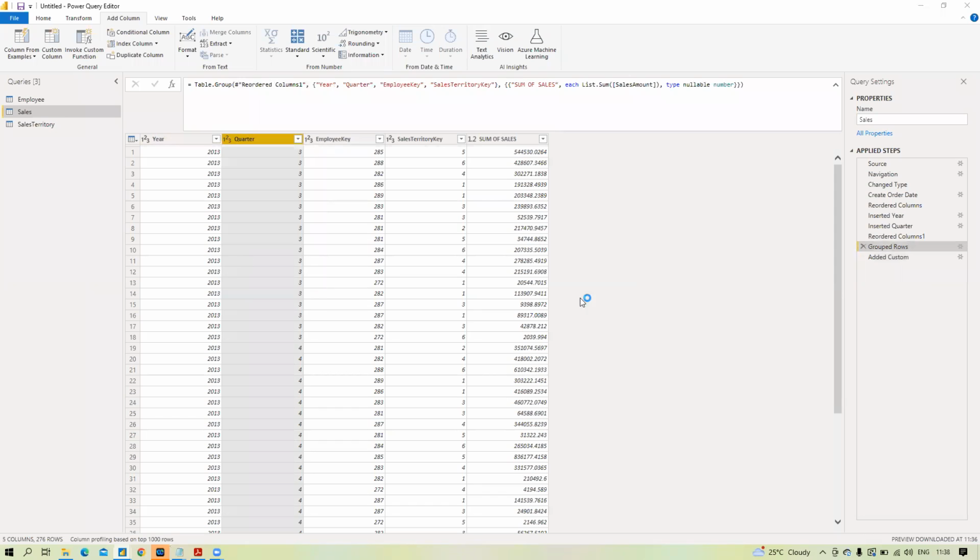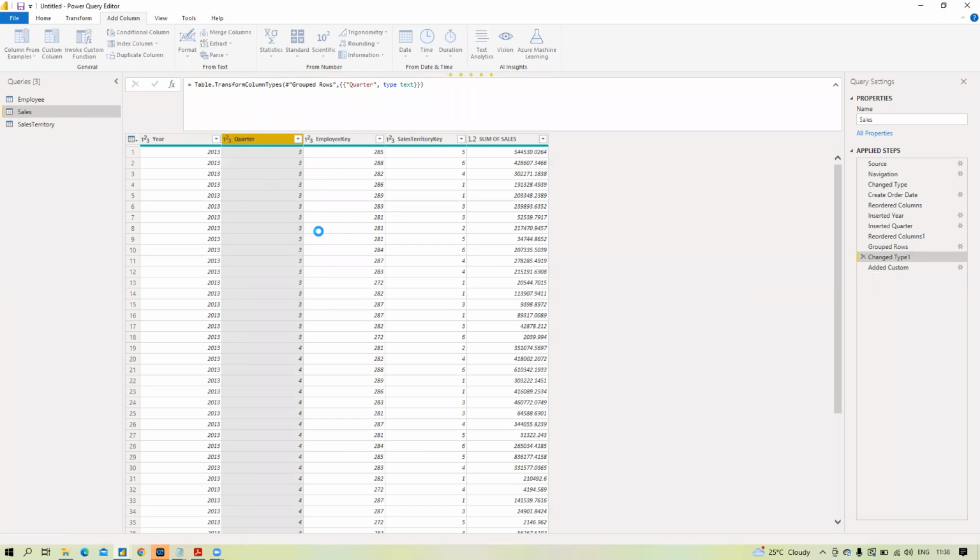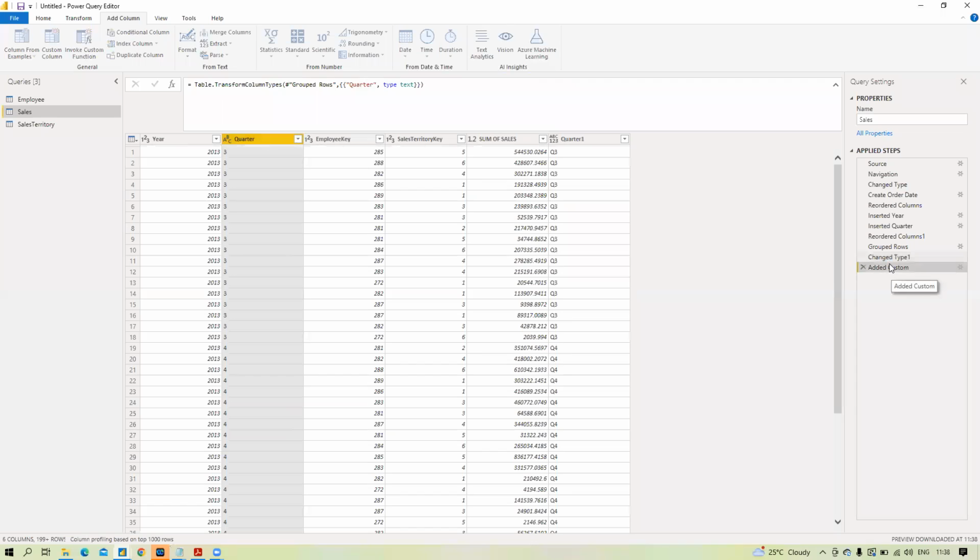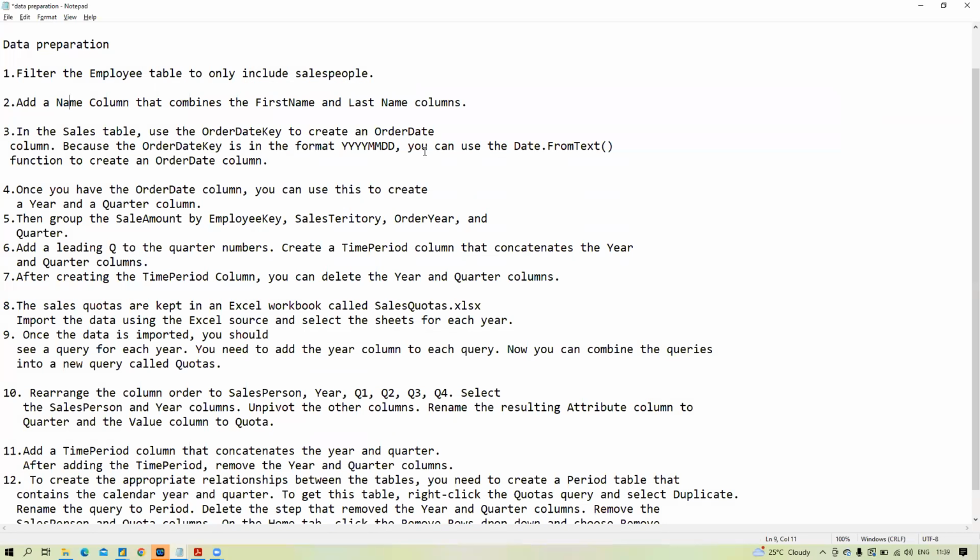Make it text. Okay. Once I make it text, it can be easily concatenated. Okay, this is done. This is also done. Now I think we have to